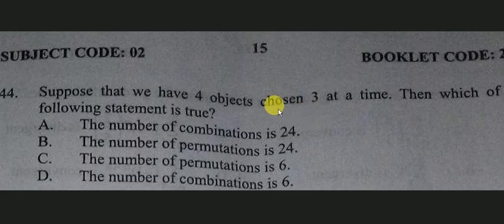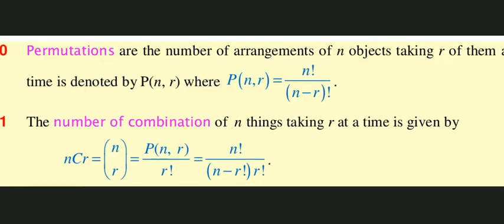Okay, combination and permutation. We are asked here the number of combinations and number of permutations of 4 objects, and there are well-known formulas for calculating permutations and combinations. If we have n objects and if we take r of them and if we arrange them in a linear manner in a line,